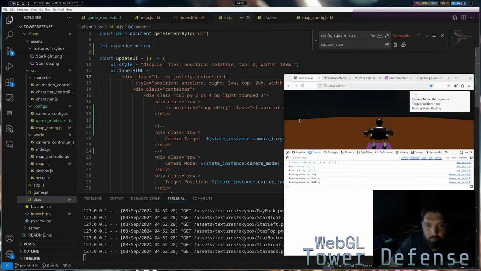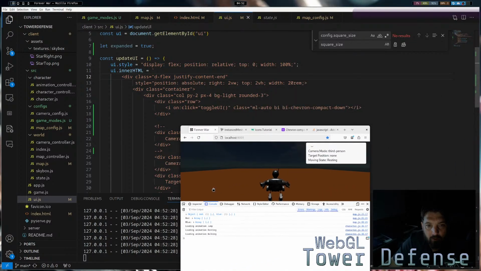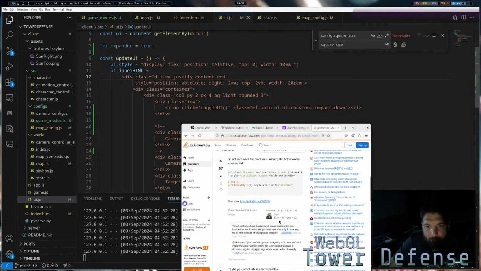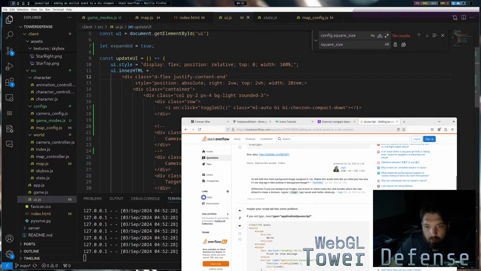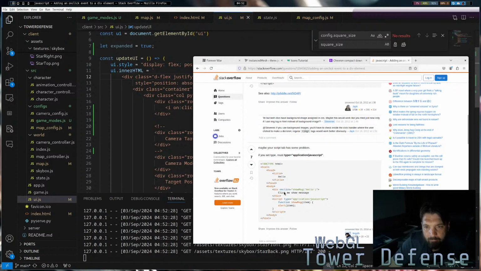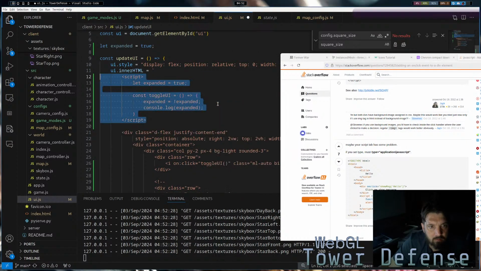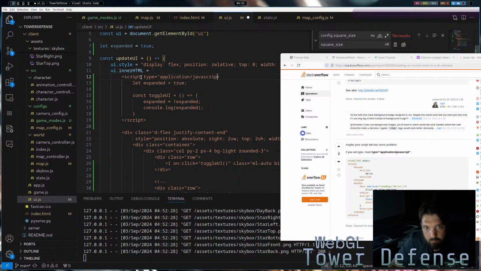You just have to hold your mouth right for this thing to work. So it should work here. But do we need to say type application JavaScript? I mean, it shouldn't, but